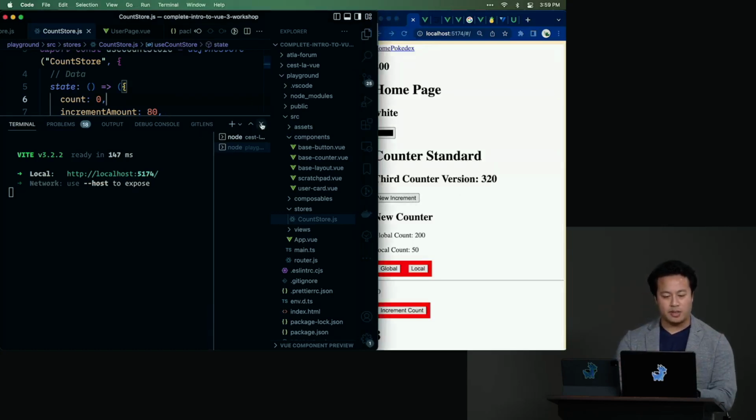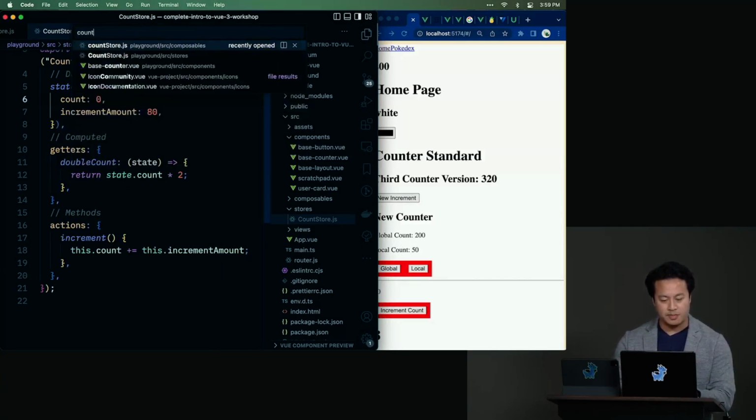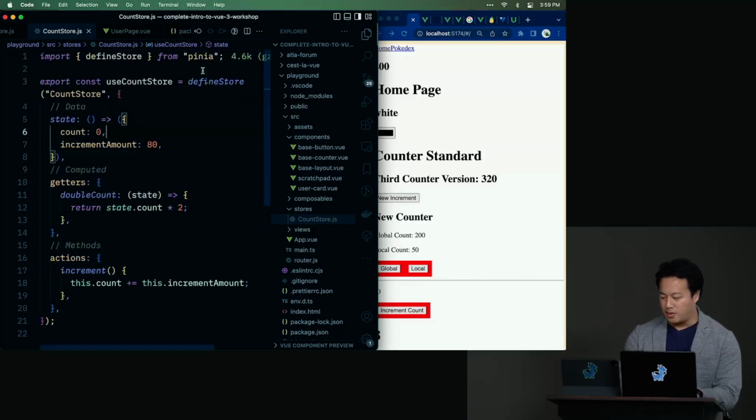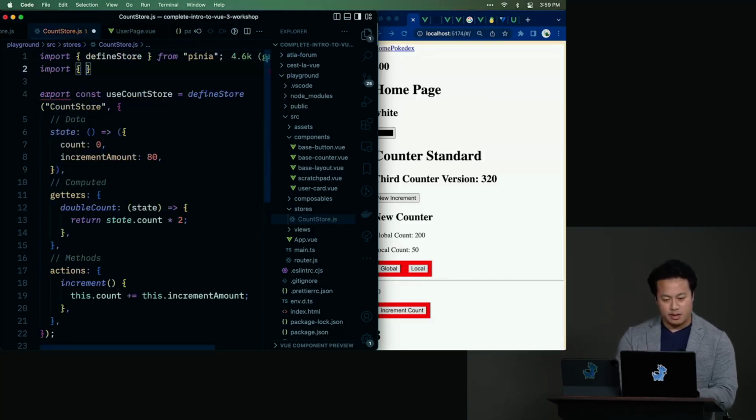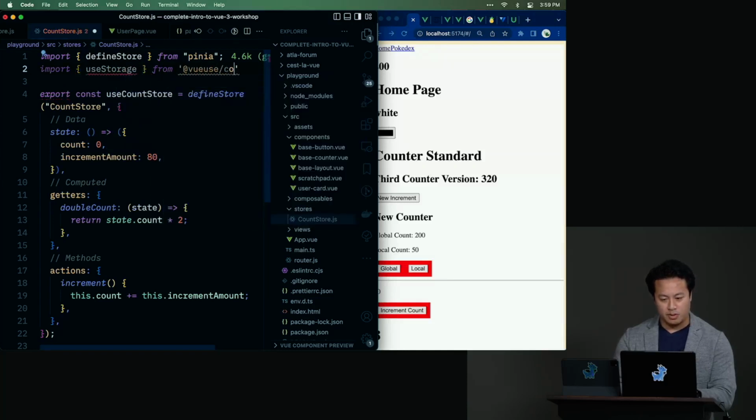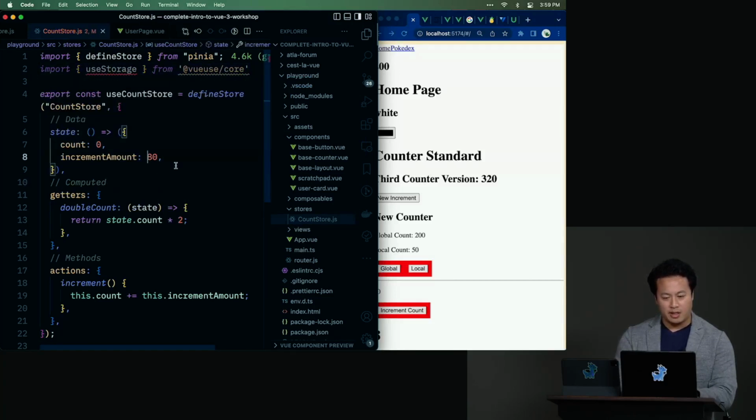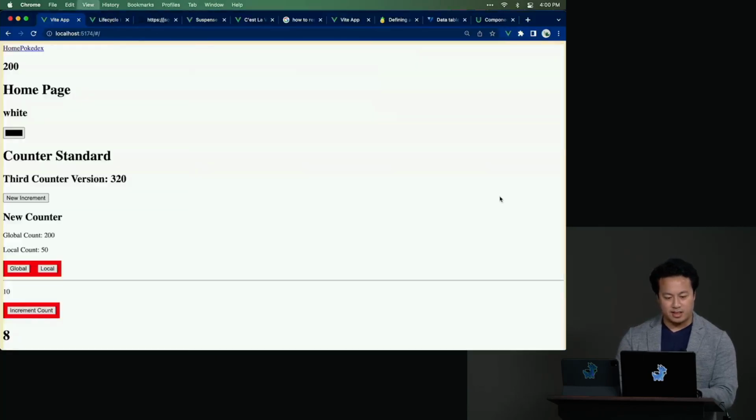So the way this would work, believe it or not, is on your, let's see, this is the counter store, the count store. All you have to do is import useStorage from VueUse core. I believe this is how the syntax is. And then what we do is we say useStorage, wrap it around this value, and we pass it in two things. We pass it the name, so we'll call it count, and the initial value that it's going to be. And what this is going to do for us,